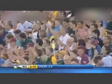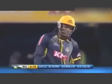And it's the 50 up for Chris Gayle in 20 deliveries. Outstanding stuff. And that's the fastest 50 of the competition. And well, it's just been unbelievable hitting of a cricket ball. He possesses so much power, and all of a sudden now, the bowler's got no idea what to do. The pitch is good. Chris